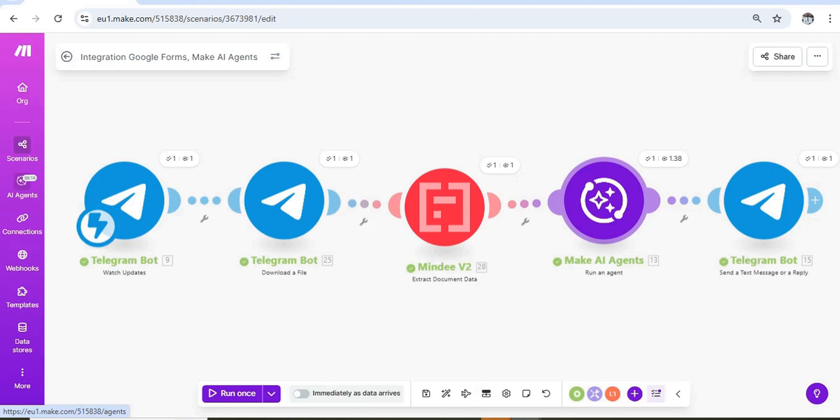So that was creating a simple tool to help you with your work using make.com and the power of AI to analyze your documents and produce reports. You could even add another integration, like Google Sheets, so that every time you send a file, the Google Sheet is updated and can become your database where you keep all your different